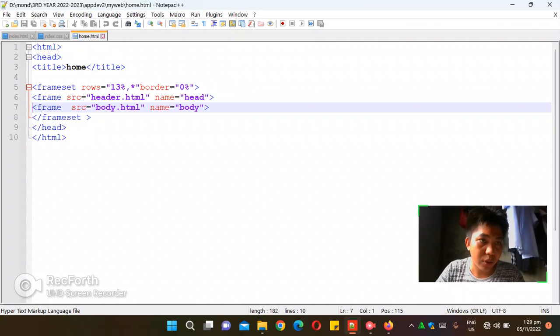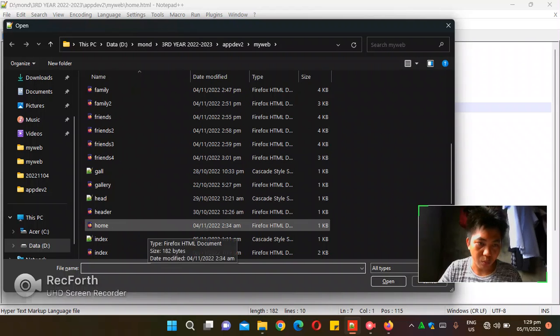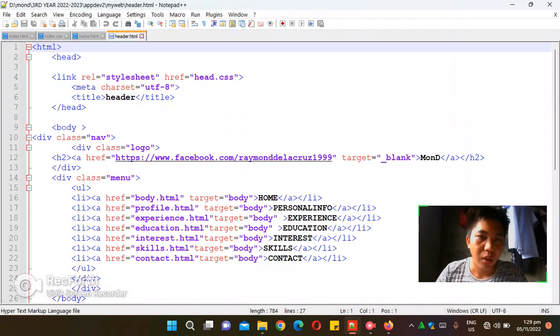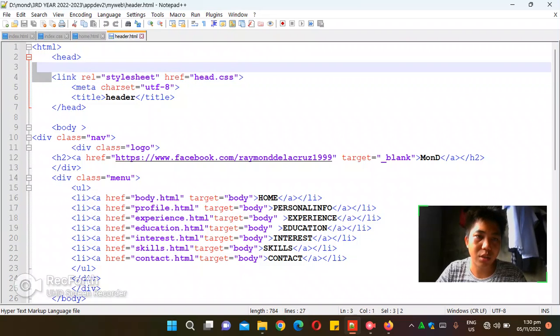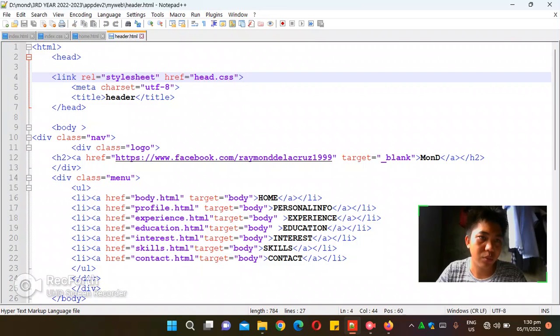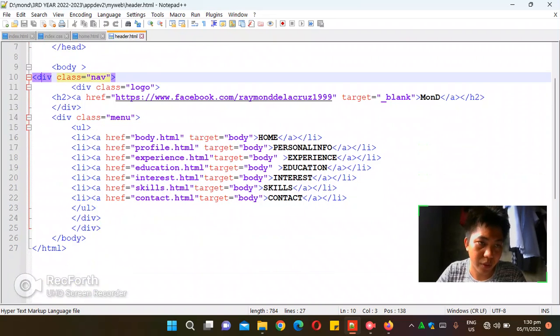So for the header, okay, let's open the header. Here, for the header, pretty much the same. I inserted a CSS style here using the link rel and the href for the hypertext reference, and then meta charset, UTF, okay, charset, and then the header name, okay, the name. And then